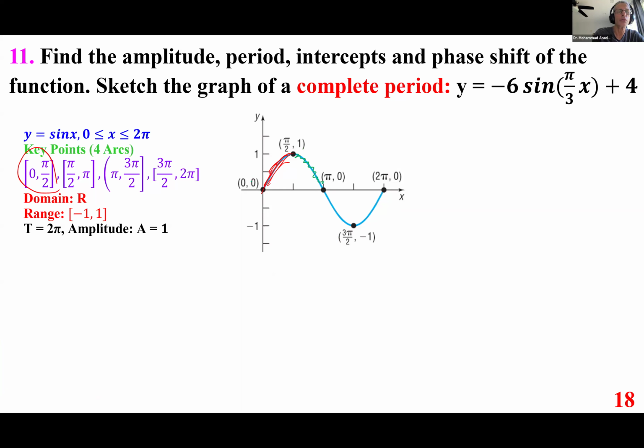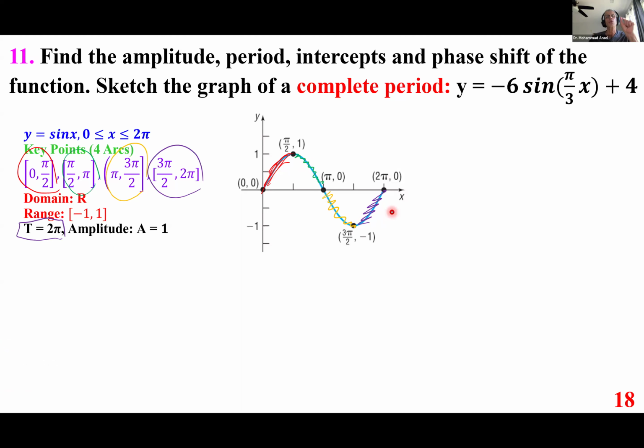Here's the second part, from pi over 2 to pi. Here's the third part, from pi to 3 pi over 2. And let's see this color now. Here's the fourth. So what do we do? You cut the period in 4 parts, and you get 1, 2, 3, 4